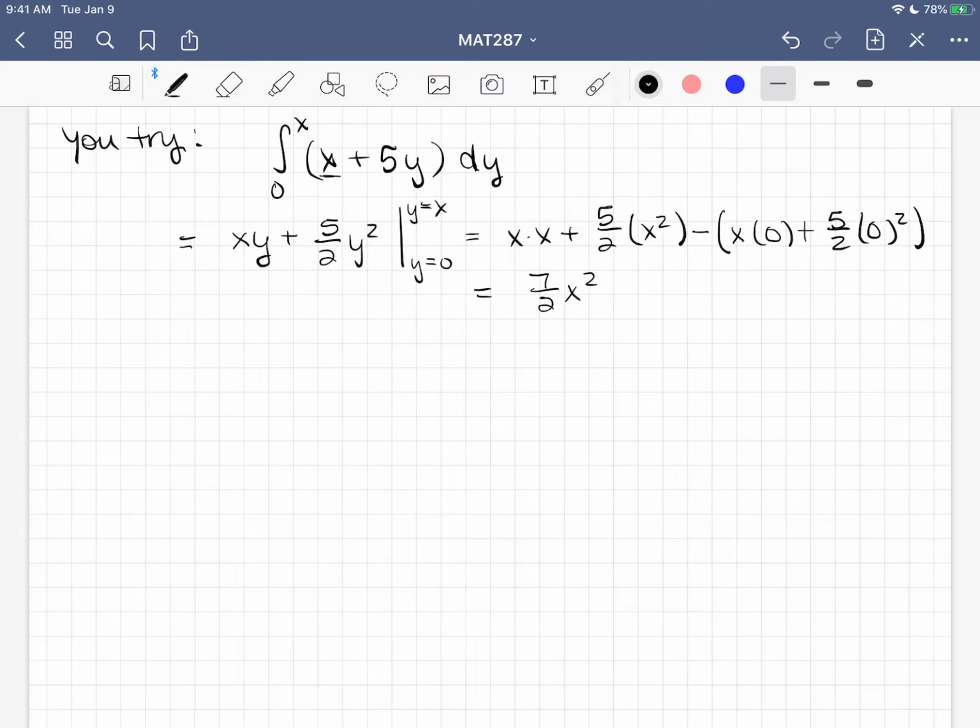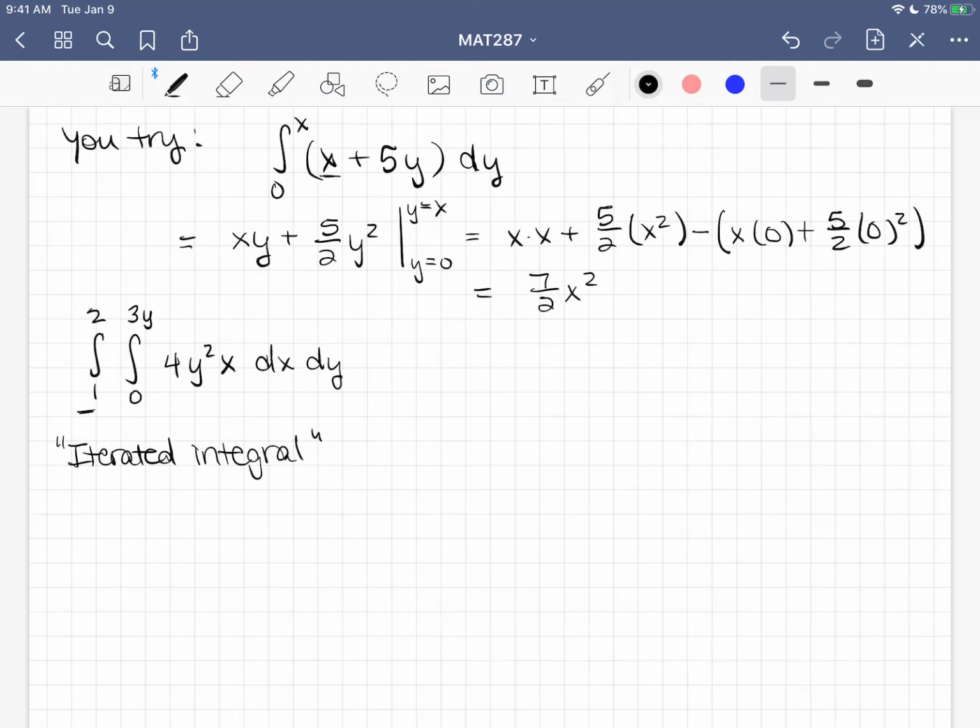All right, what if I gave you an integral that looked like this? I have the integral from 1 to 2 of the integral from 0 to 3y of 4y squared x dx dy. Well, this is an example of an iterated integral. So it's called iterated because we're integrating again. And I want to think of this by just doing the inside integral first, and then I'll do the integral